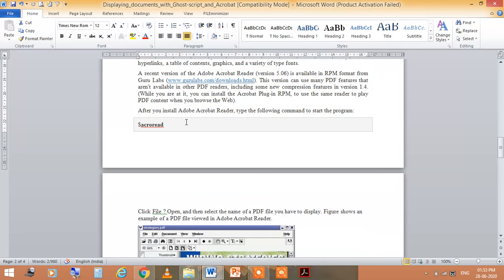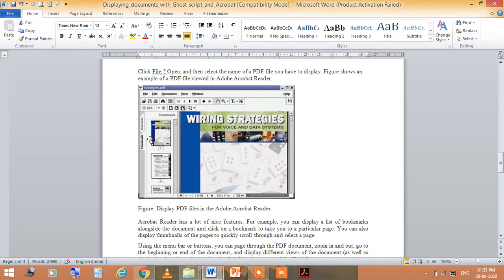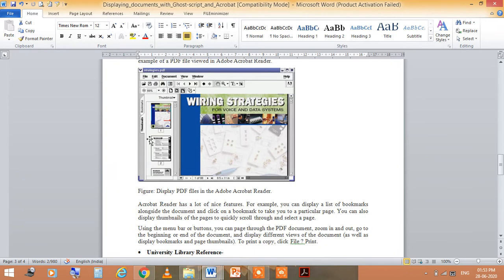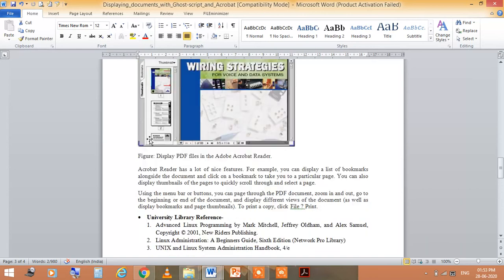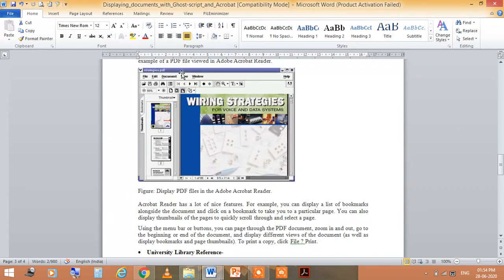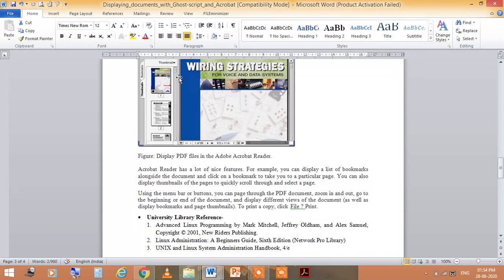After you install Adobe Acrobat Reader, type the following command to start the program: acroread. After this, you see a screen that displays PDF files in Acrobat Reader. This is the way to visualize a PDF document.